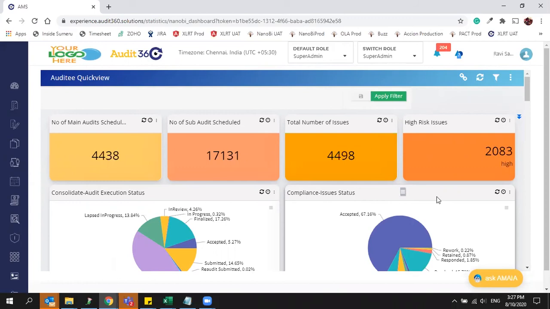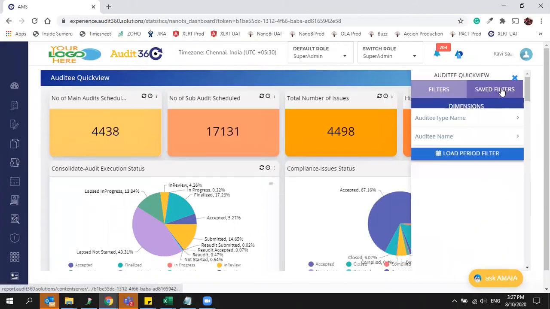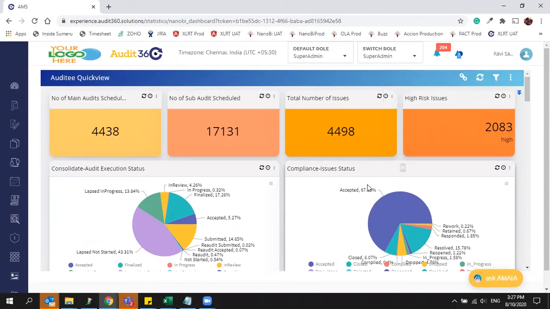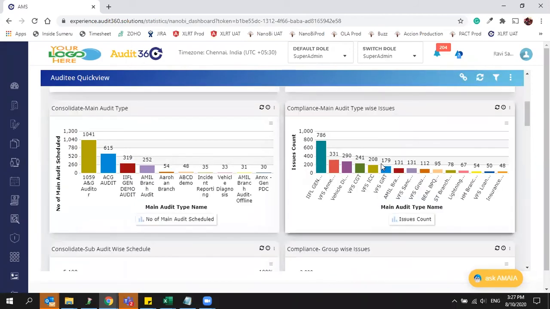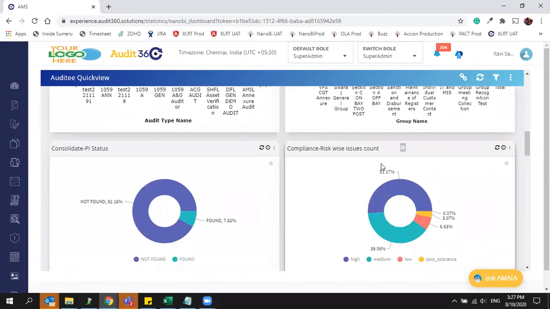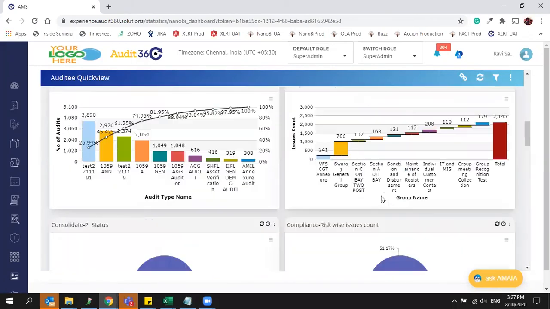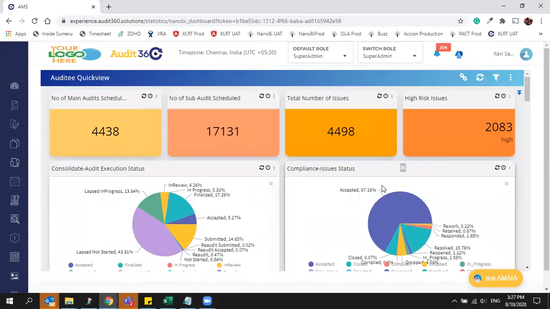You can easily filter by auditee name and audit schedule ID, whichever information you want to see, and see conformance and compliance details together. This is Audit Quick View, which you can subscribe to along with the compliance and conformance.